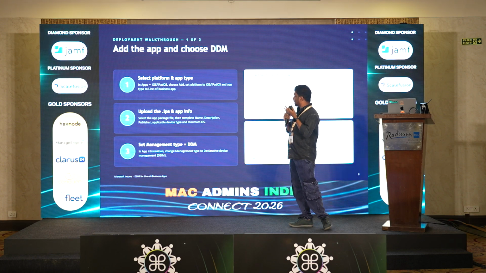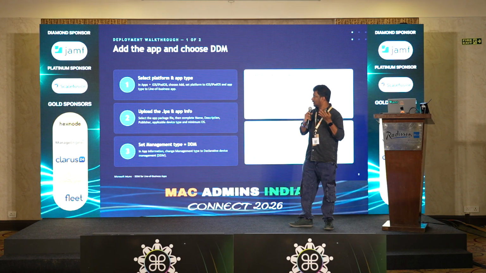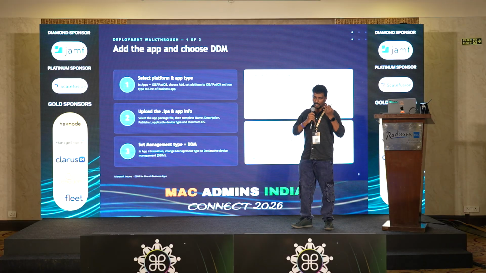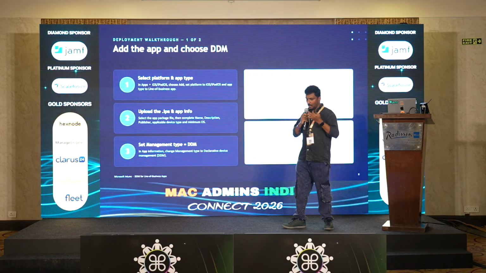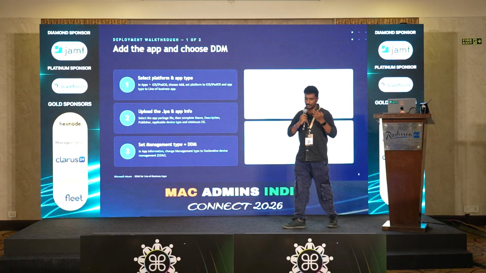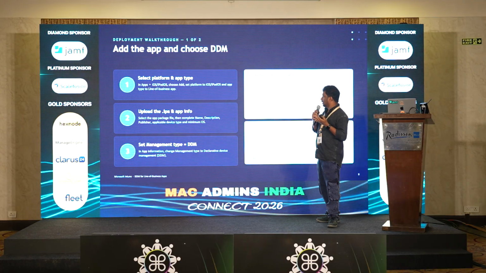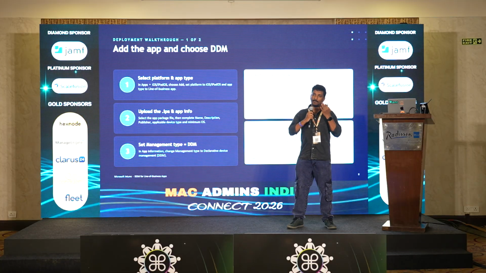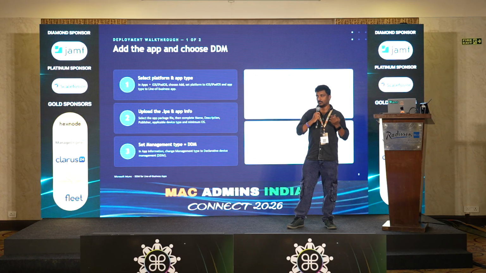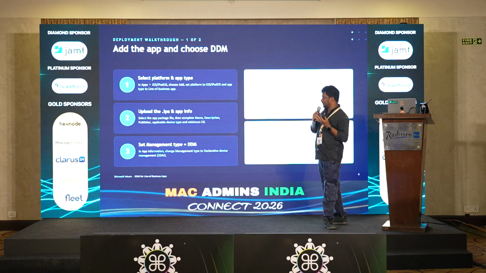So you need to select the platform as iOS/iPadOS, and from there we have an option to select the method of application deployment. You have other methods of app deployment, but you need to select Line of business app. From there, you should also have an IPA file downloaded beforehand. So in today's case, I've just downloaded